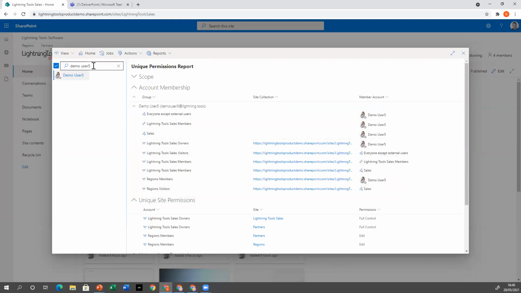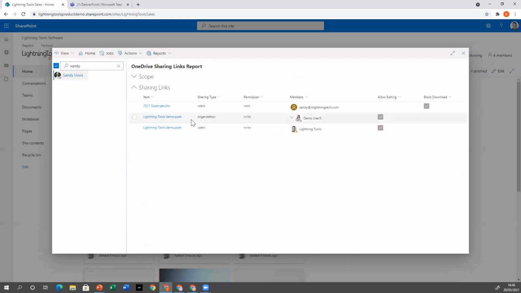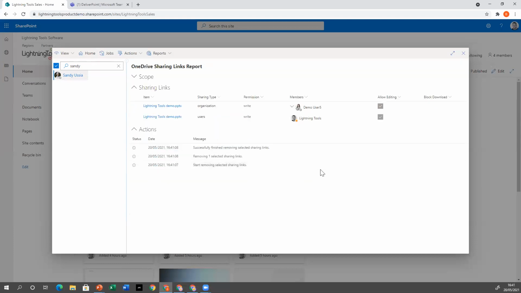But also what we can do, and this is why I'm going to search on Sandy, is because Sandy's also got OneDrive. So I can go through and have a look at OneDrive sharing links. So these are all the folders or the files that Sandy has shared that she may have forgotten that she'd shared. But running this report will show you, out of potentially thousands of files and folders, what has been shared with whom. And by going through and selecting those, you can actually remove those sharing links, and it will take